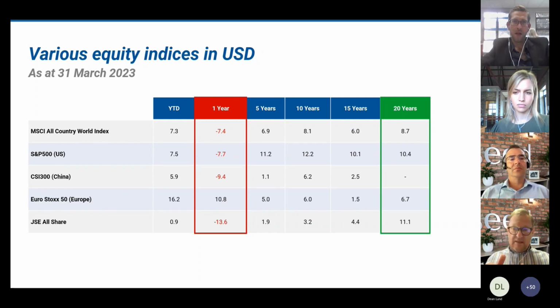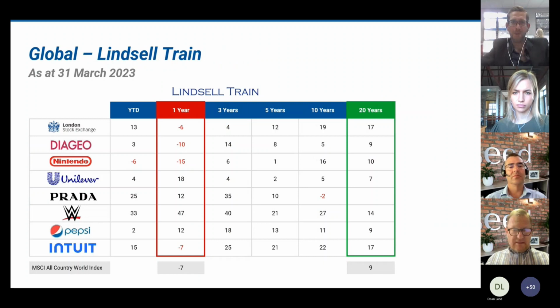So drilling down from that, we go to the next slide, Lisa. What I've done is pulled out four slides here of the fund managers on the global side, and then the companies on the local front. And so again, I've kept the period the same. And these are the top holdings for our one fund manager, Lindsell Train. And again, the 1 year number in dollars, the 20-year number, but compounded up over 10 years, 5 years and 3 years. And as you guys know,